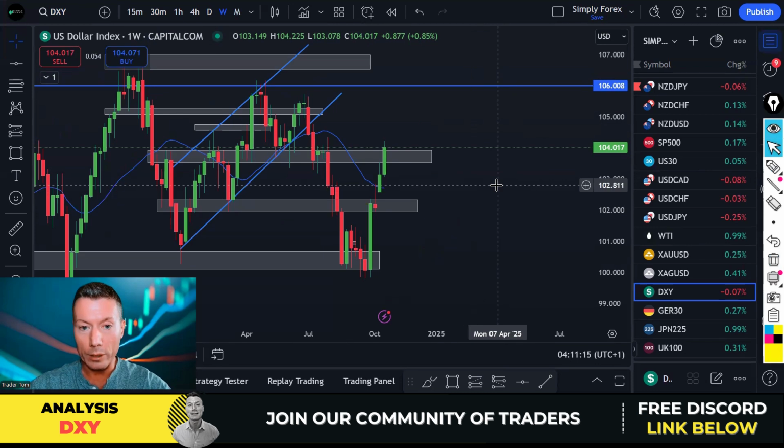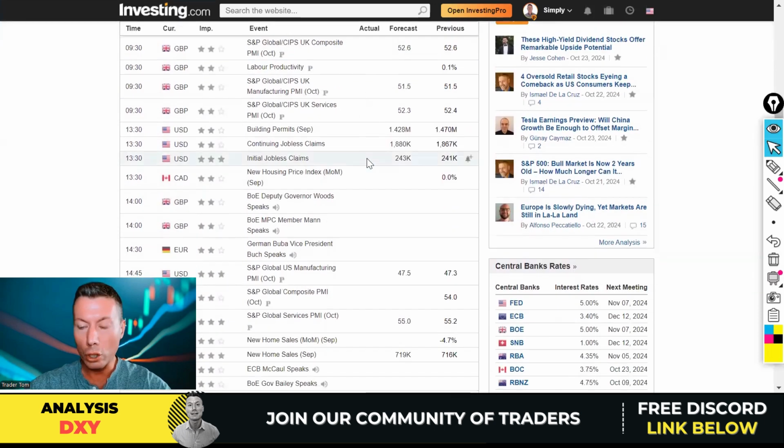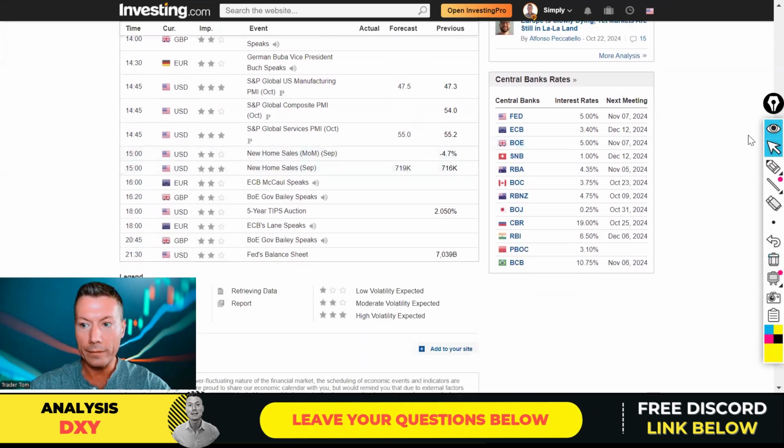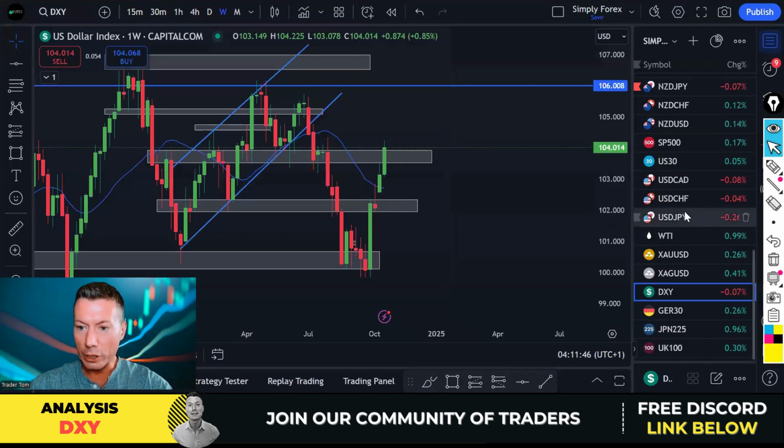Also worth pointing out, guys, before we look at other US dollar pairs, if we go to the economic calendar, we have lots of US dollar data today. So 1:30 London GMT, we've got building permits and employment data. And later on, guys, we also have some PMI data, right? Services and new home sales. So bear that in mind, guys. This could have a big impact on the direction of the US dollar, okay? So let's go back to the charts.